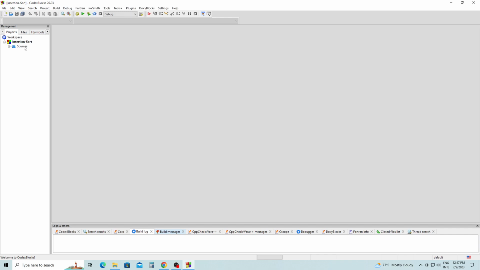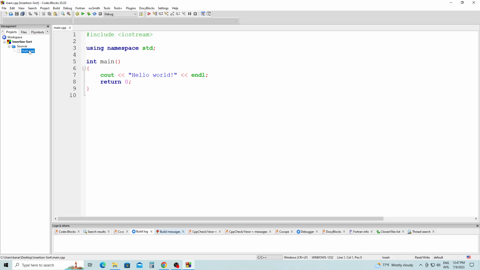On the left hand side, double click on Sources, double click on Main, and we're going to remove everything that's in main, and we're going to start by declaring an array called int arr, which is going to be equal to the same elements that were in the diagram: 18, 7, 9, 5, 81,